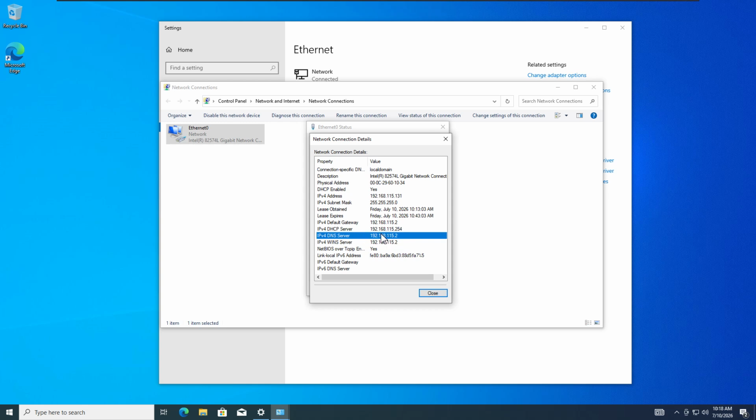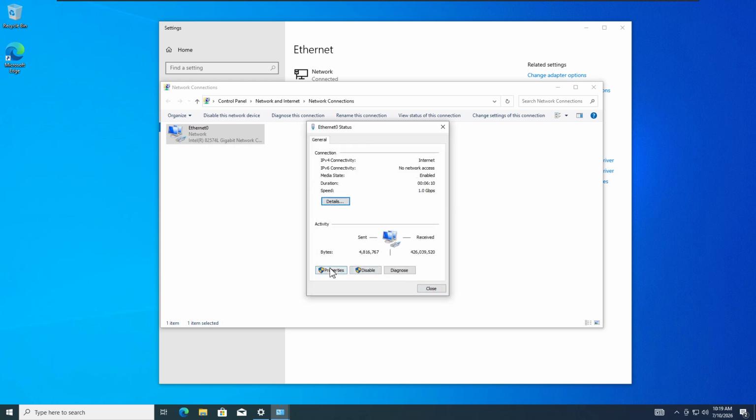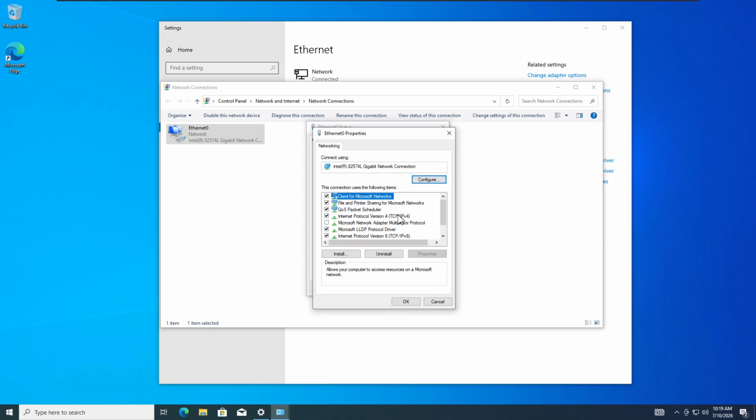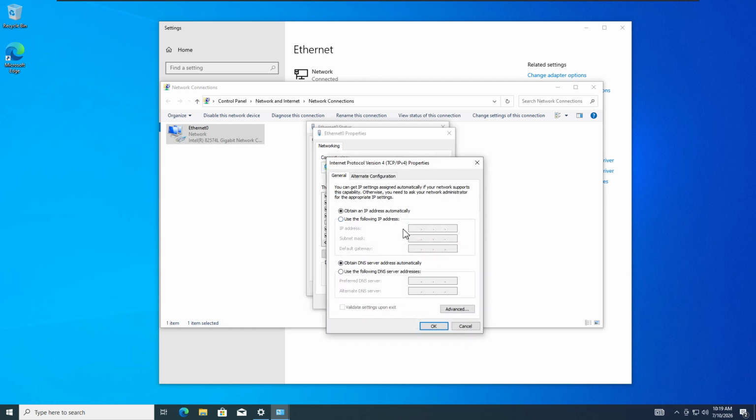Okay, so we need to change this setting. Otherwise, when you try to join your machine to the domain controller, it will not find your domain. So just close it, go to the properties, go to the IPv4 settings and leave it automatic. Just go to this option, use the following DNS server address